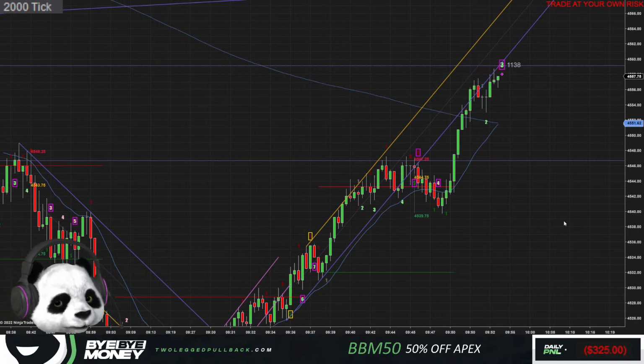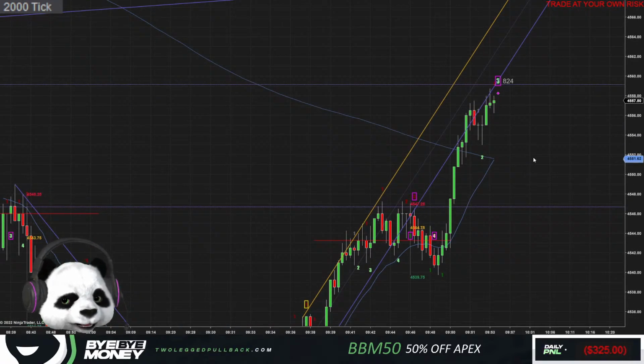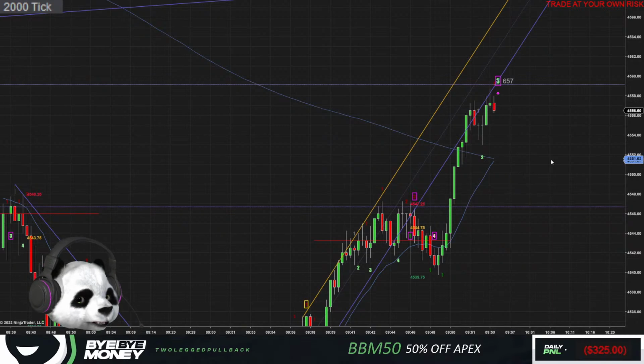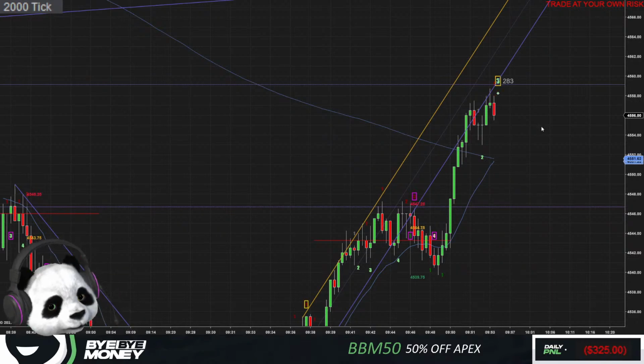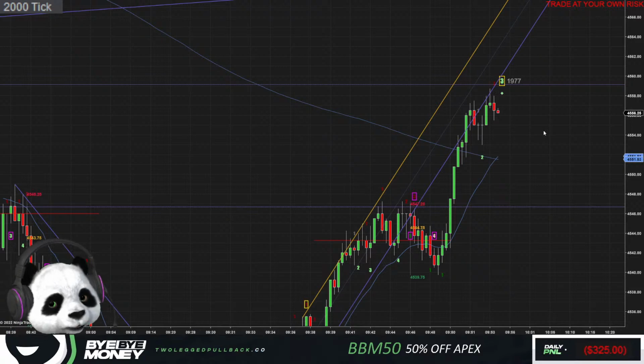Will I take this trap? It's really late in trend. We're at the 50% mark too. I'm not going to take this trap. Just skipping it. Too far from 20 MA. No trap to be had.